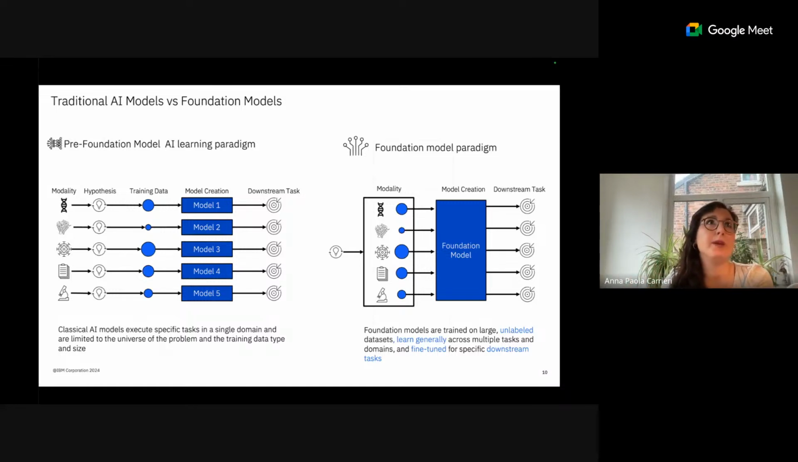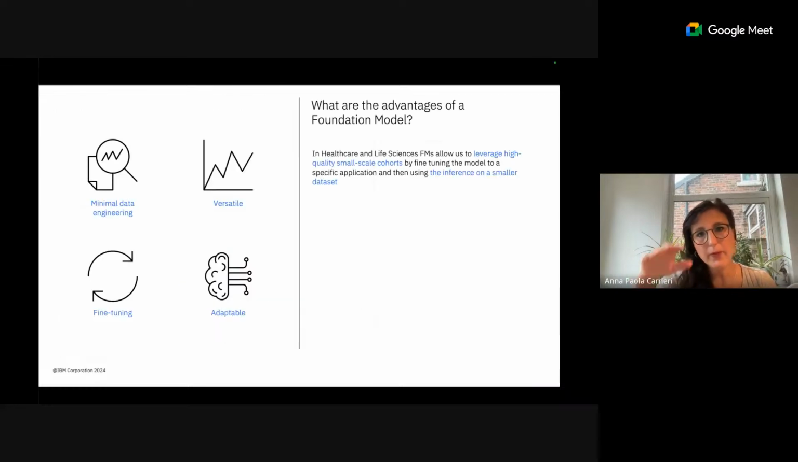And the idea is that because the model has learned generally before, the results, your predictions, your insights are more robust and more general, and so on. So in healthcare and life sciences, this can be an advantage of using these large models, because often when you deal with omics data, for example genomics data or patients' genomic data,